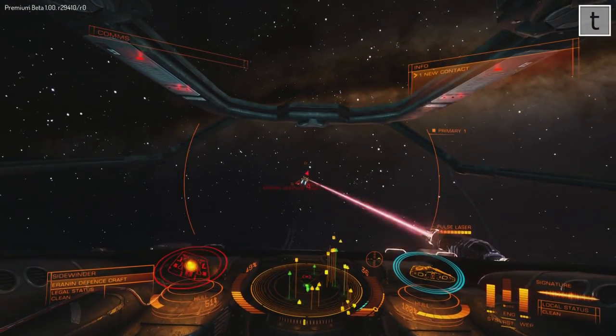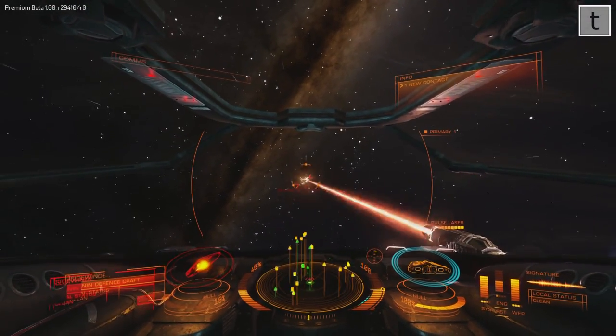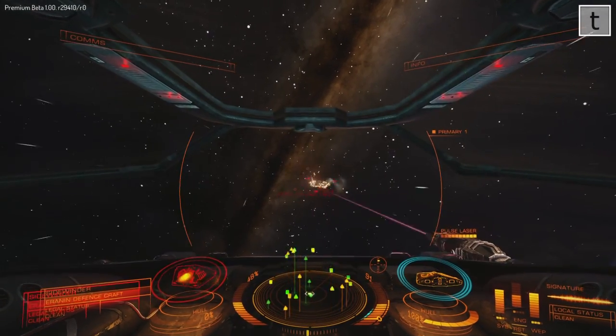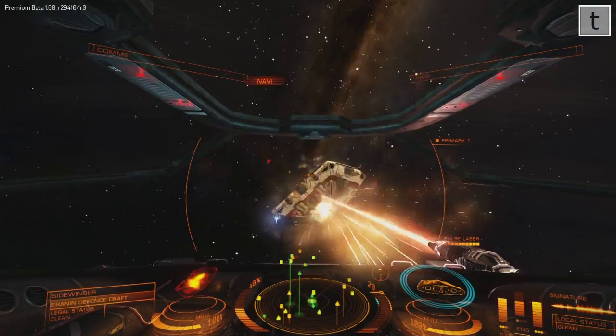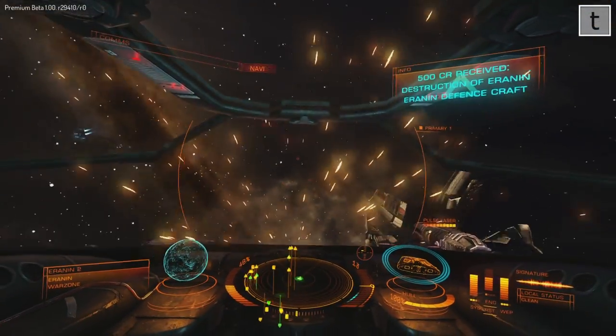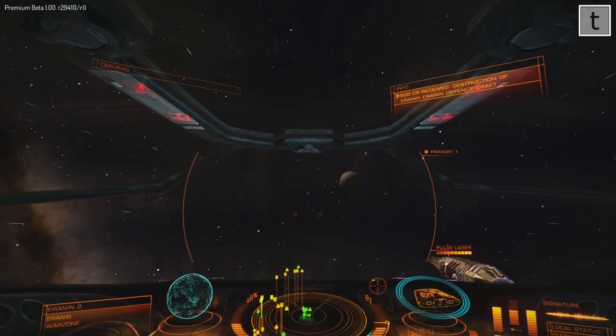So yeah, the area that you're fighting in is much bigger than it looks like on the scanner. And there's a lot more ships here than it looks like, because your scanner has a limited range. I actually have it set to mid-range right now,